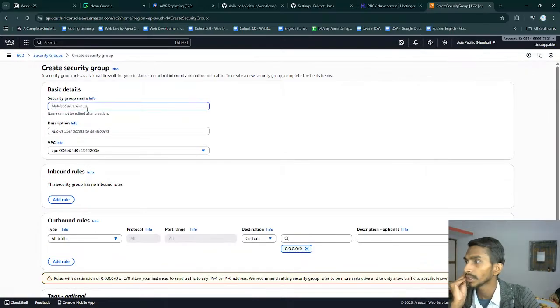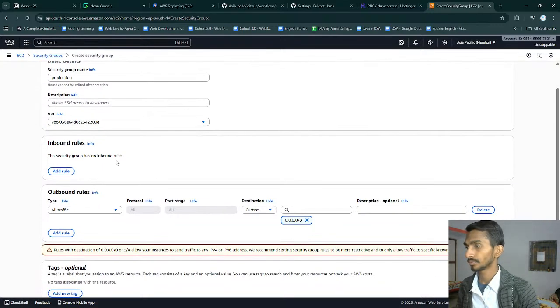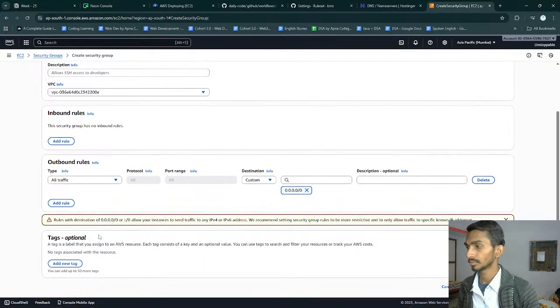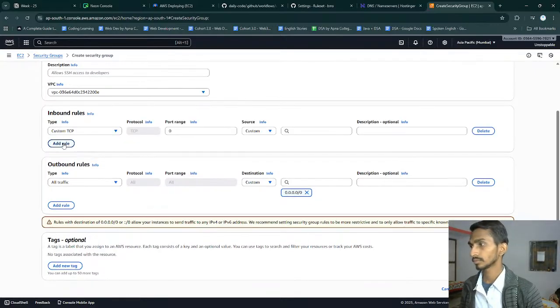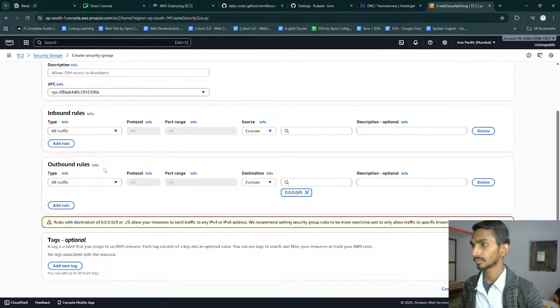Well, okay, I can create the security group, and the name is going to be, suppose, what? It's gonna be for production, so let's name it production. Description is okay, don't need that. Allow SSH access developers. I'll guide you through it. In the AWS console, go to the EC2 dashboard, select Security Groups, click Create Security Group, name it Production, and set inbound rules to allow SSH, port 22, and any other traffic you need. Then you can assign the security group to your instances. Would you like further details on any step?